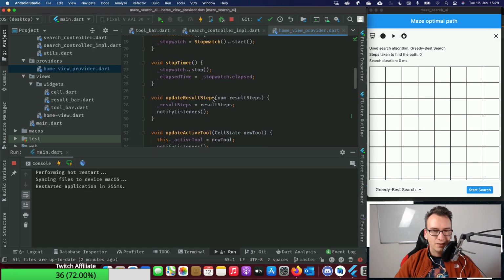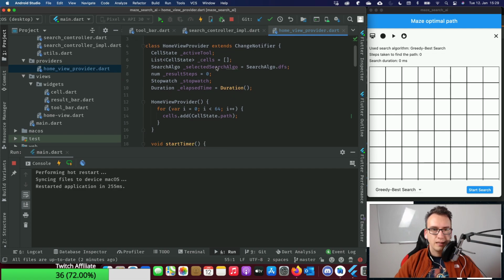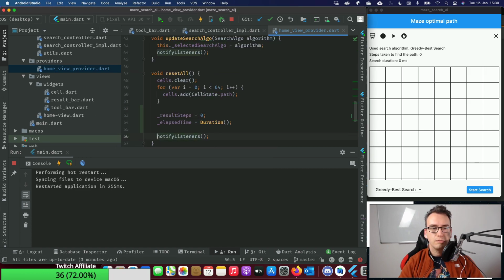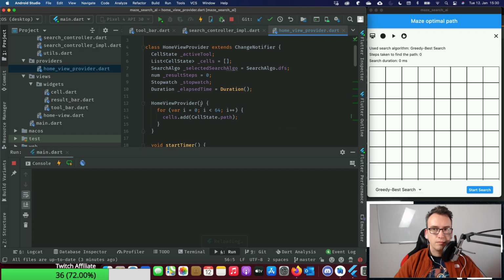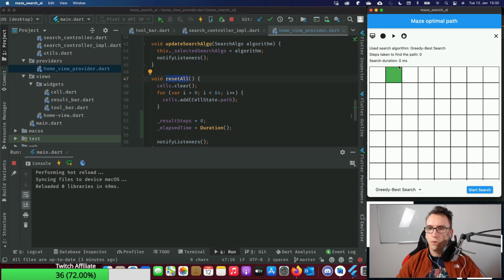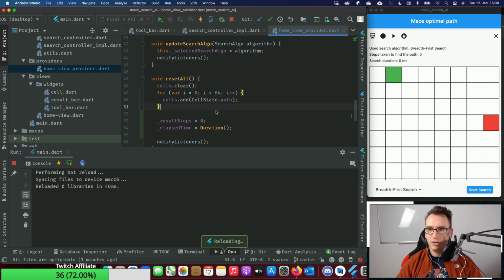Okay, so with that, what we have to do is this selected search algorithm, it keeps track of that drop down down here. So this is not only the selected, this is the drop down value or drop down search algo. That's also a good idea. I think that is even better. No. Because if we reset everything, you remember that we clear our board. So that would mean whenever I change something here, we would always clear the board. I think that is not a good option.